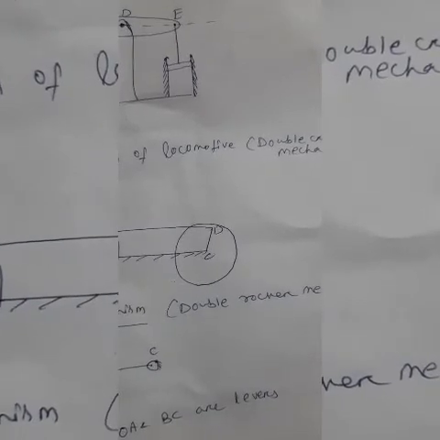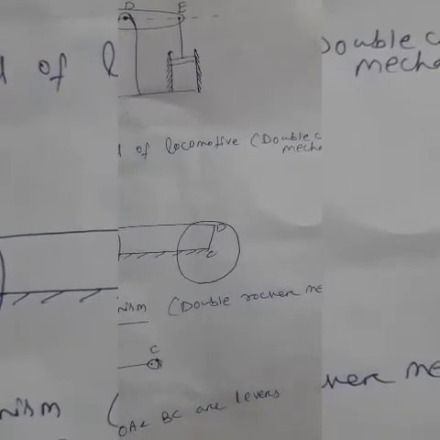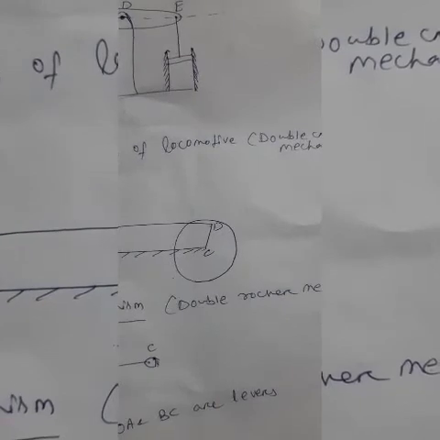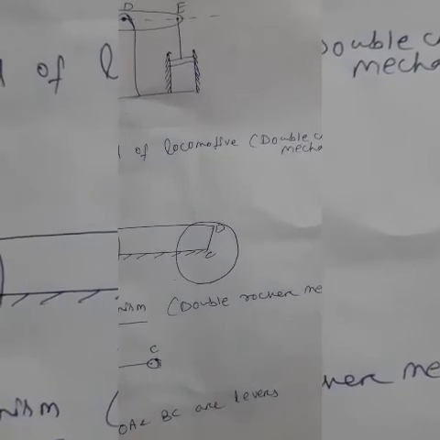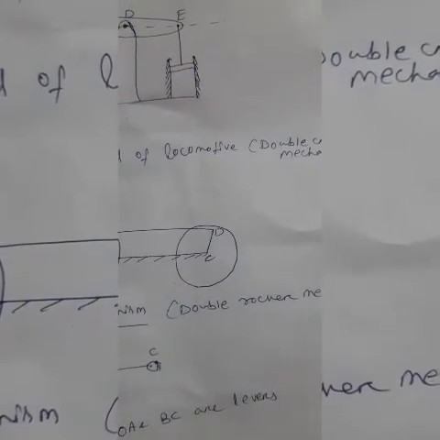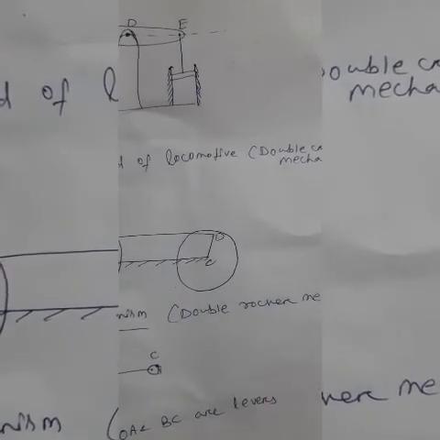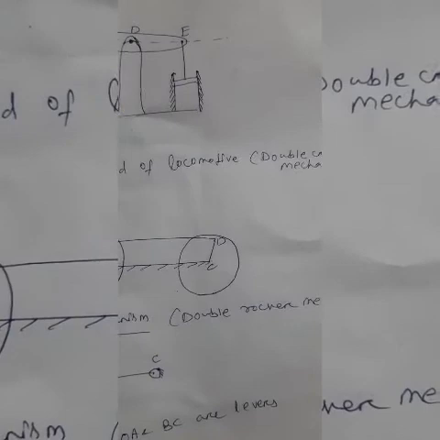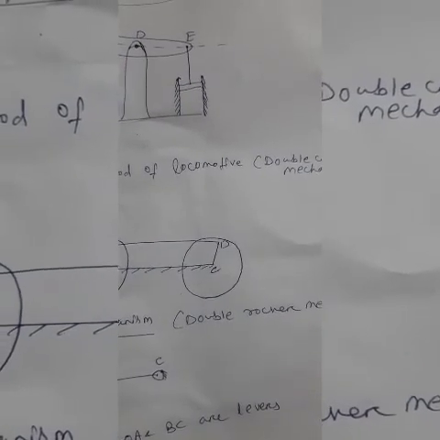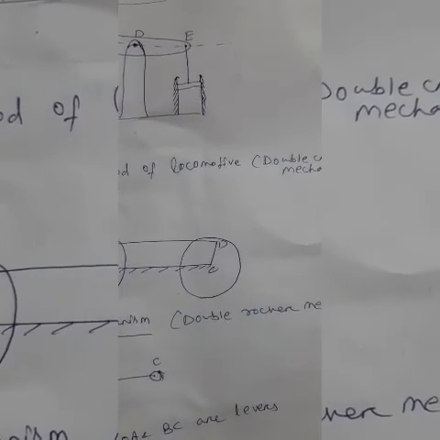Next we will discuss the inversions of the slider crank mechanism, where instead of all 4 turning pairs, we will use a sliding pair and turning pairs. We will use the combination of sliding and turning pairs to get the desired kind of motion. I hope now you are clear about the 4 bar chain and its inversions.